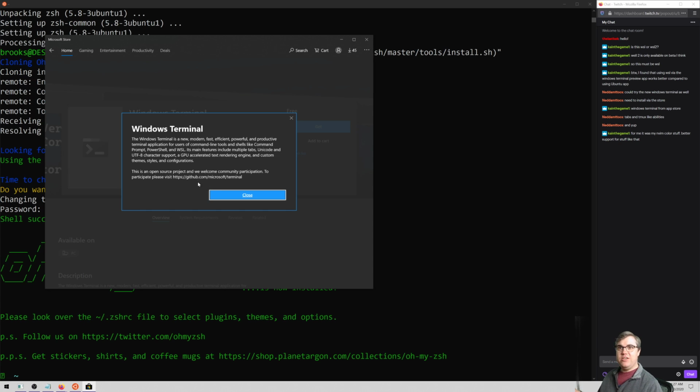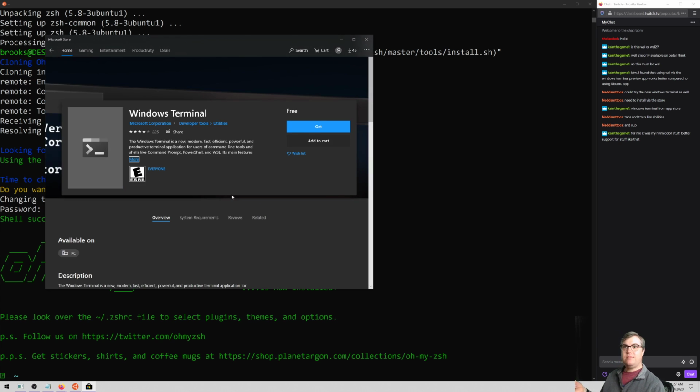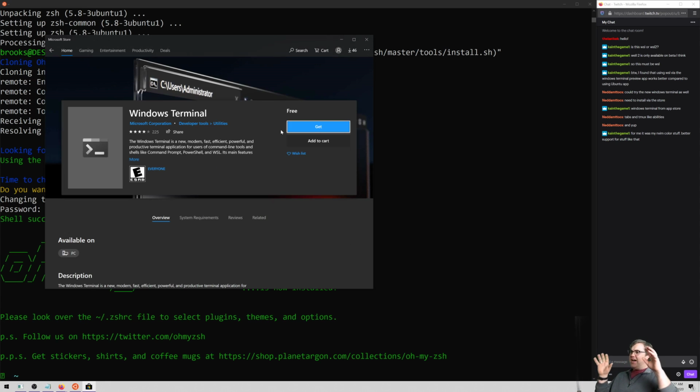I mean, that sounds pretty good. Tabs and tmux-like abilities built in. Oh, nice. For you, it was NVIM color stuff, better support for stuff like that. Ooh, that's something that bothers me a little bit.